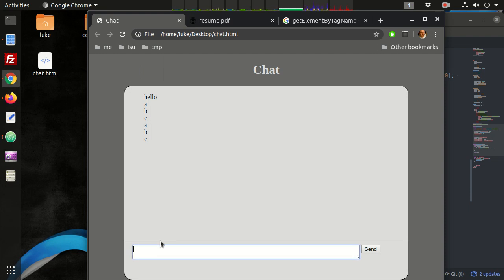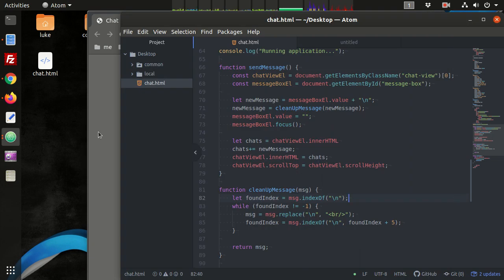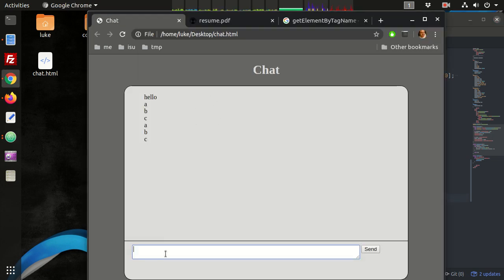And that's all well and fine. That's very nice. But we should actually probably be doing a little bit more cleanup. Now the reason is this cleanup is important. It gives us the multi-line functionality, but we have to also be concerned with some other things. Since this view is using inner HTML,